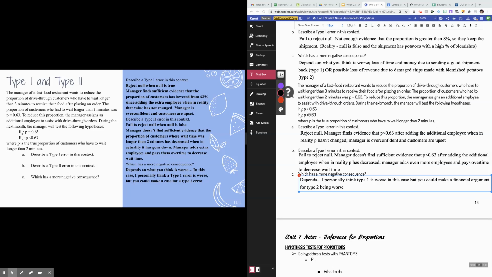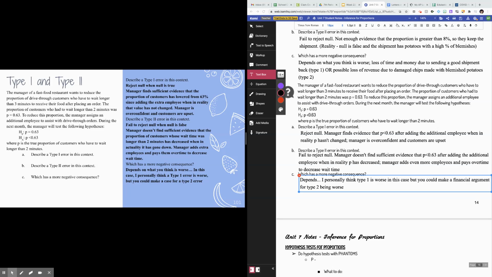So the manager's goal is to reduce this. To reduce this proportion, the manager assigns an additional employee to assist with drive-through, meaning taking them off of somewhere else. Then they gather data and test the following hypotheses. The null here is that after adding the additional employee, nothing has changed, and the proportion still is 0.63. And then our alternative hypothesis that we're trying to prove is that actually adding that extra employee did